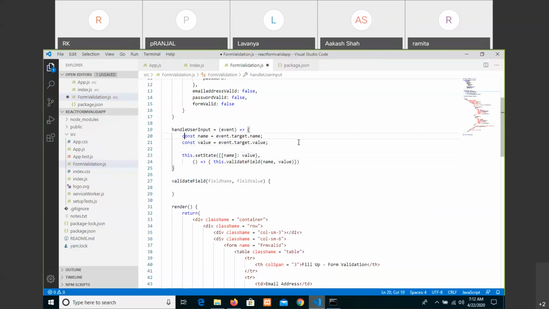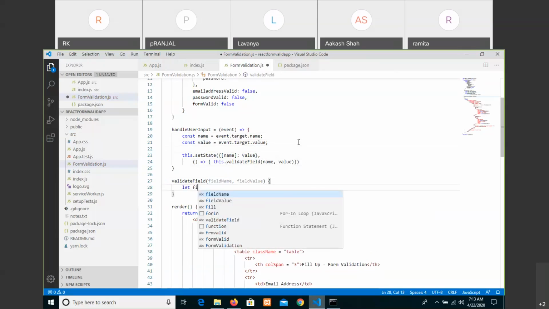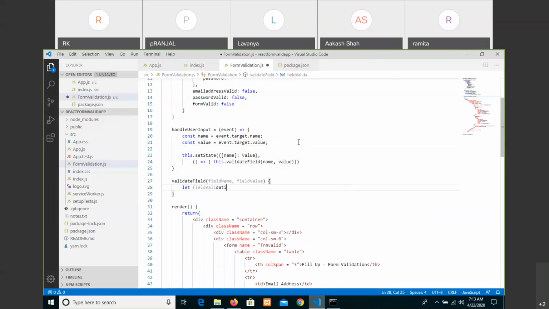So if user is entering in the email address or username or password or age or URL, whatever it is, the name of that form variable and its corresponding value that you are passing to the validate field to check it out with regular expressions, how it is matching with the criteria or not. So let us create local variables. Let field validation